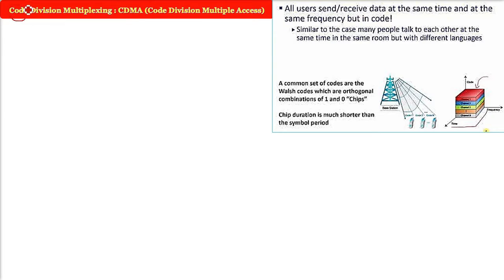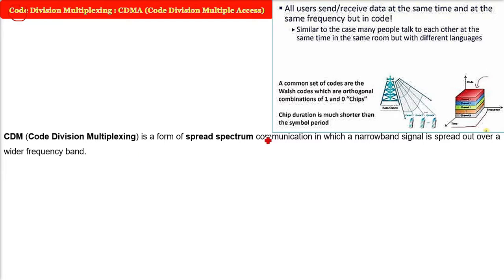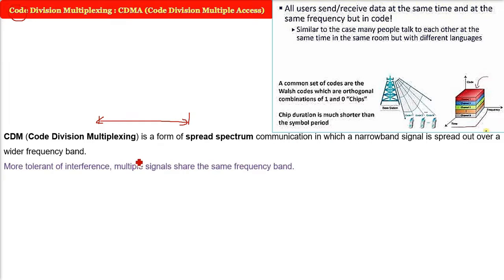The first word is code. So code division multiplexing is a form of spread spectrum communication. Spread spectrum means all the spectrum will be used by all the signals all the time. So this is a form of spread spectrum communication in which a narrow band signal is spread out over a wider frequency band. This CDMA is more tolerant to interference as compared to other schemes, and multiple signals share